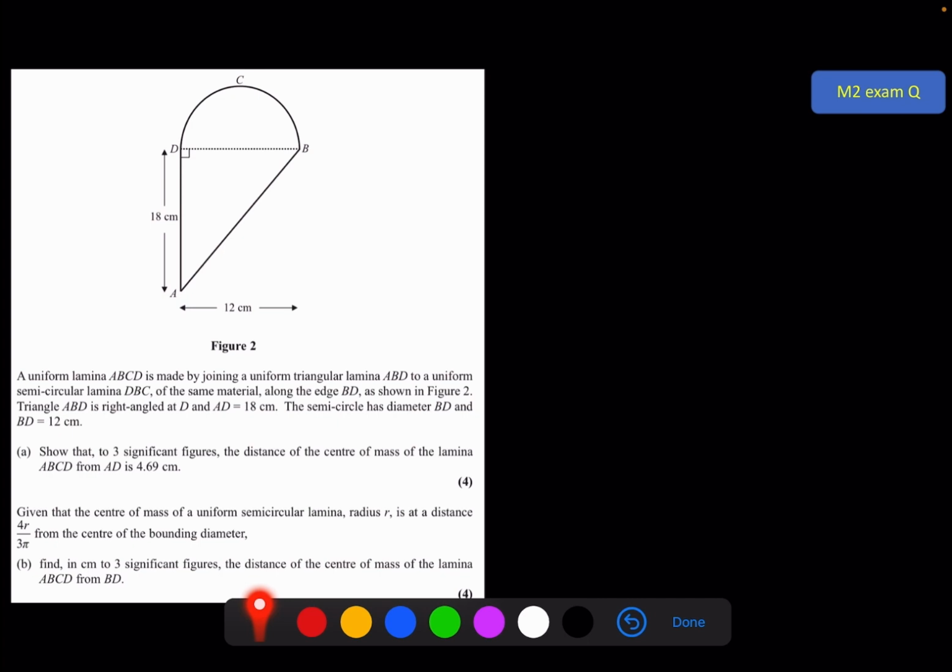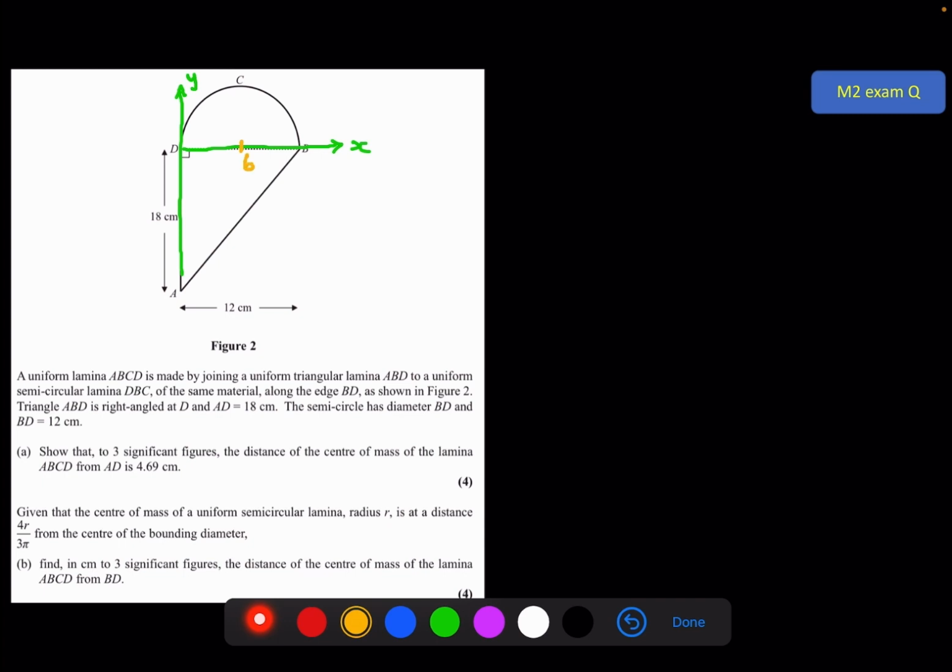Skimming down the question slightly, we're going to have to find it from BD in part B, and there's a lot of blank area down here, so I'm going to have my x-axis here instead of the usual place down here. What I need to be careful of then is any distance underneath this down here will be considered negative. So let me quickly put that on. I'm taking this as my y-axis, this one as my x-axis, and I know halfway on the semicircle is a 6, so I'll put that on,